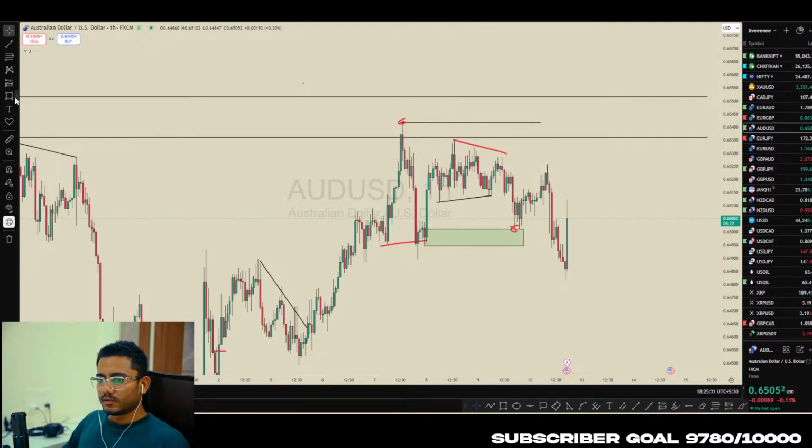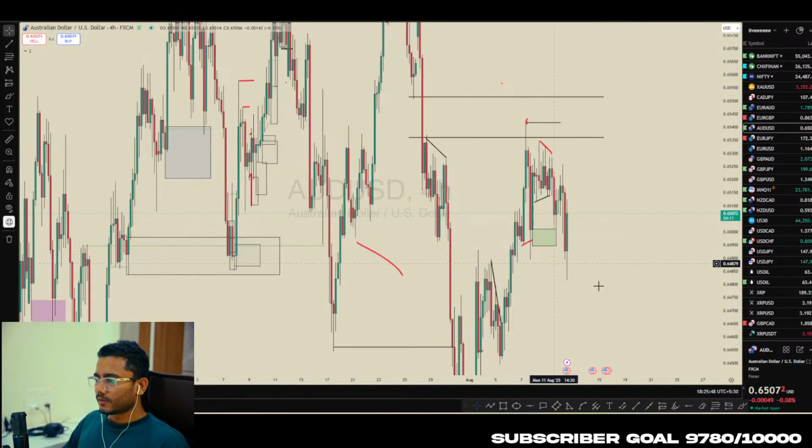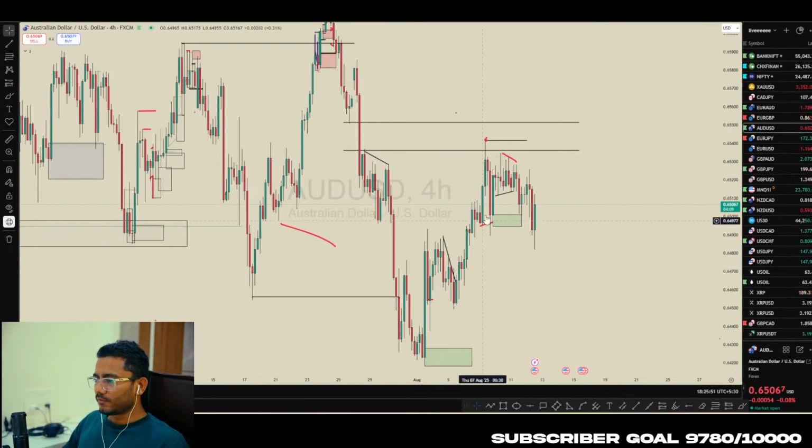Here we have the strong low, so I assume that it should continue, but price did not give us any breakout structure. Still, I marked this. I thought it should continue higher, but that's what you get when you try to be over smart. And we can see there is this bearish reaction.